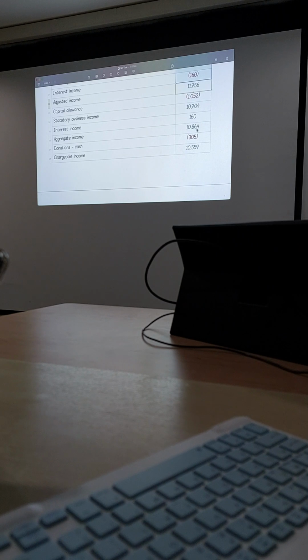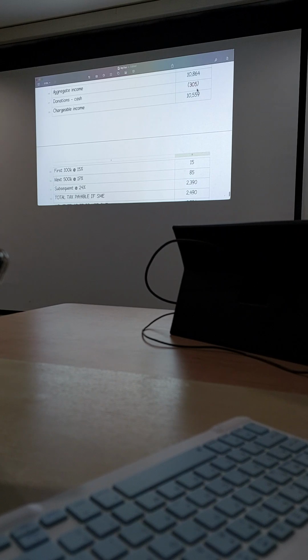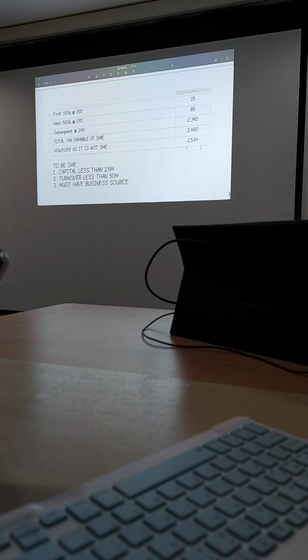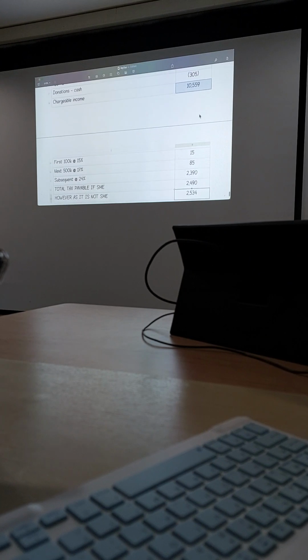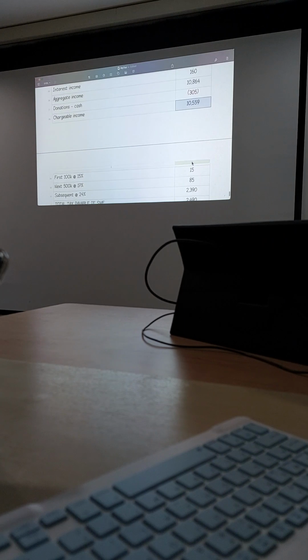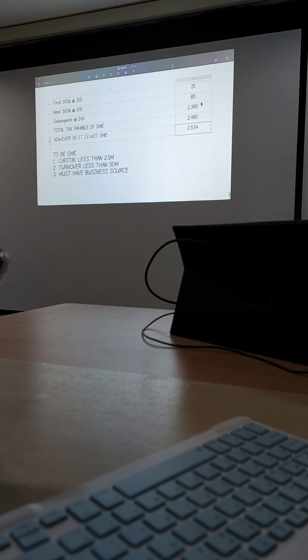You don't get a mark for this. You get a mark for this. You don't get a mark for this. You get a mark for the calculation based on this number. Wrong also you still get a mark. That means if this number is wrong, but you calculate correctly at 24%, you get a mark. But if you calculated it like this, it is wrong. If you are too lazy to write, you get no marks.